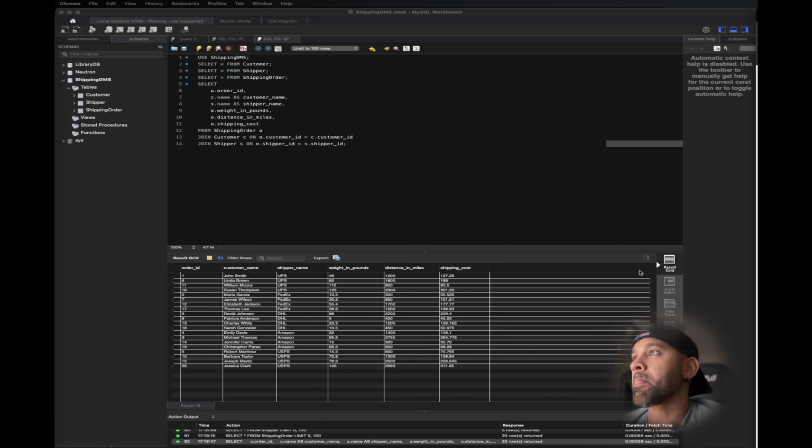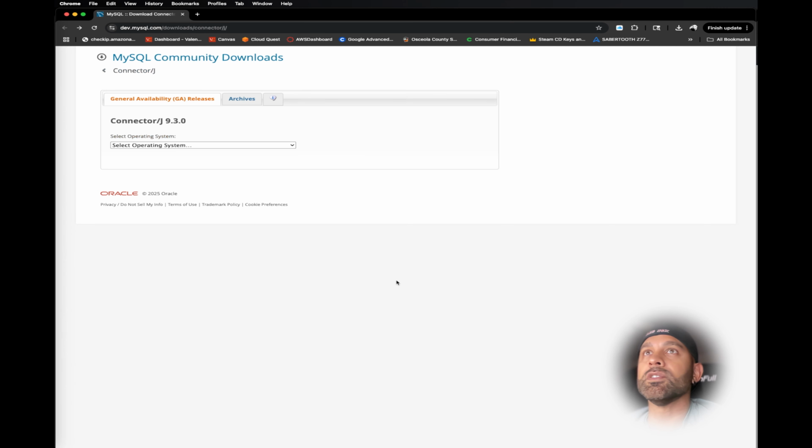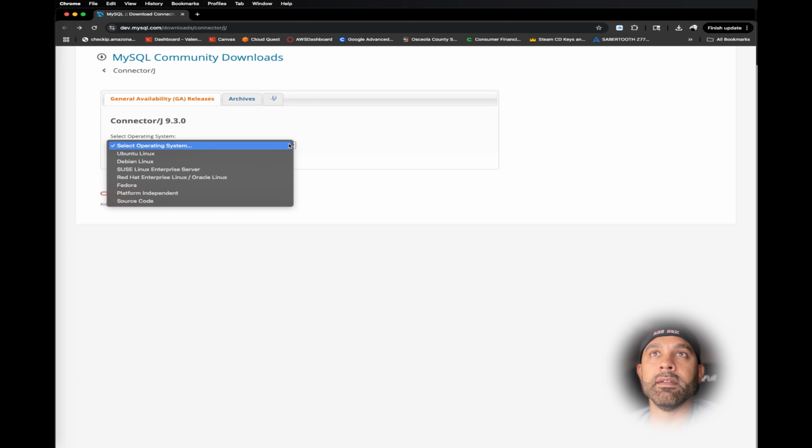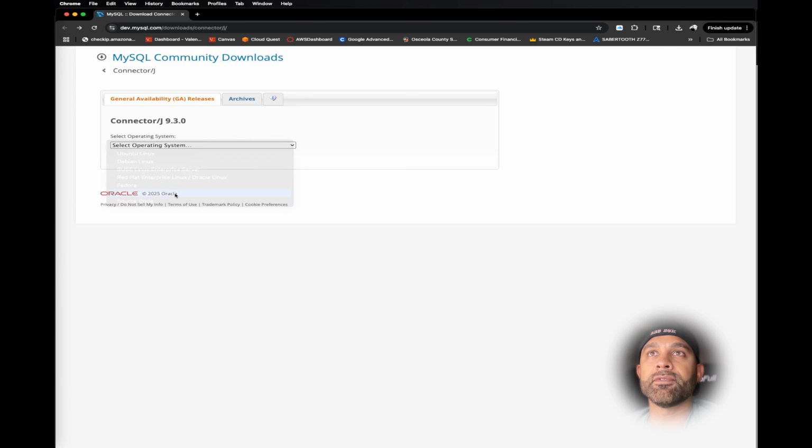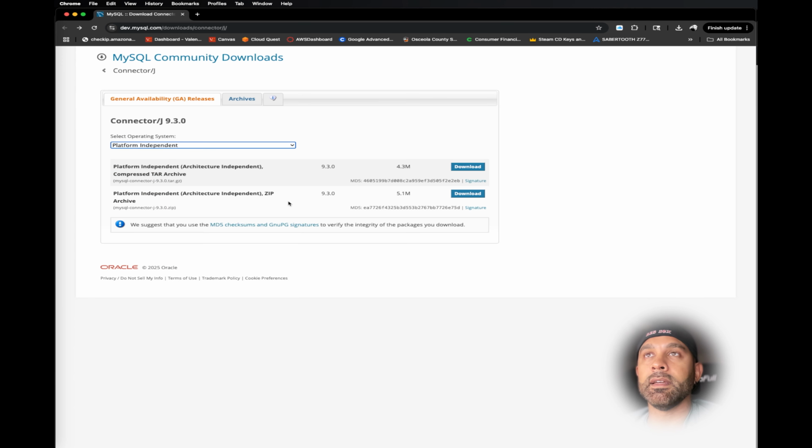you're gonna need a MySQL JDBC driver, which you're gonna get directly from the website, which is located here. You can Google it, and then depending on your operating system, in my case it's Mac. Since it's not specified here, I need to go to platform independent, and since I want to use the zip file most of the time, it's compressed, downloaded,